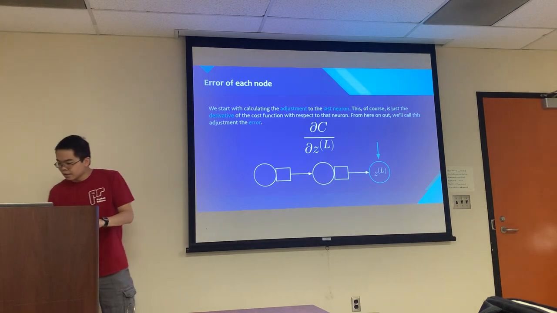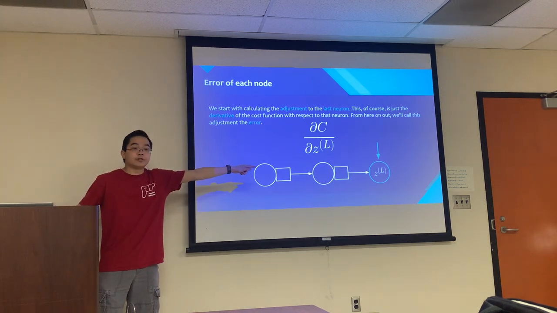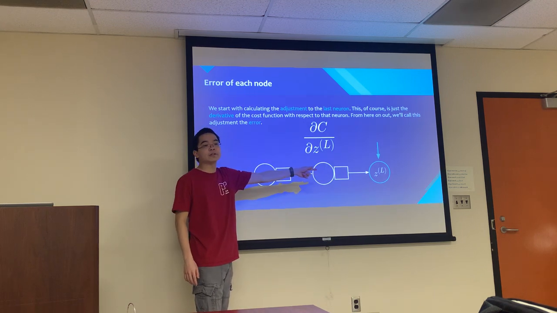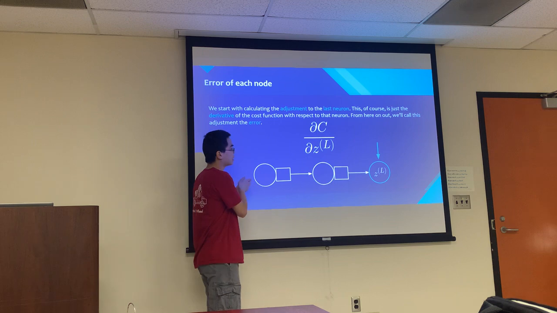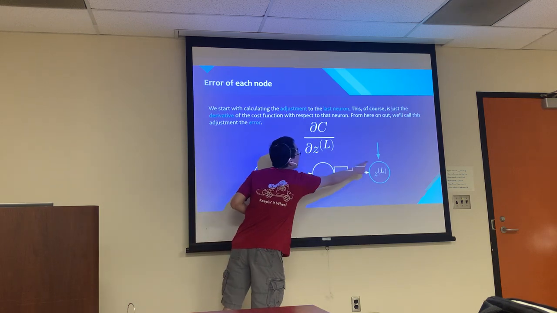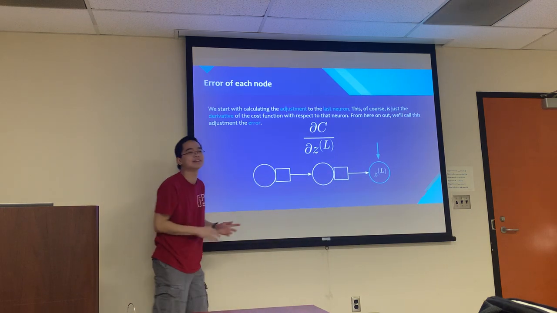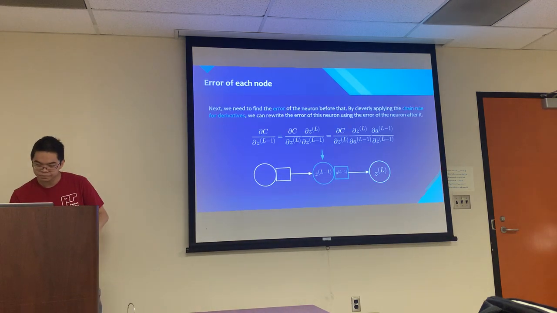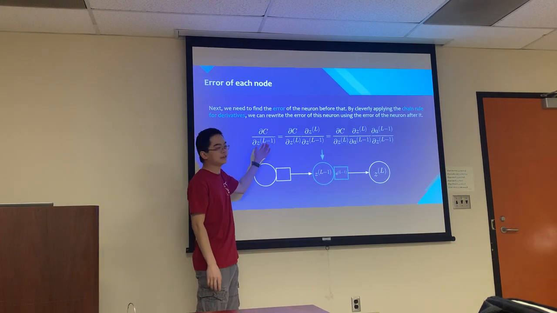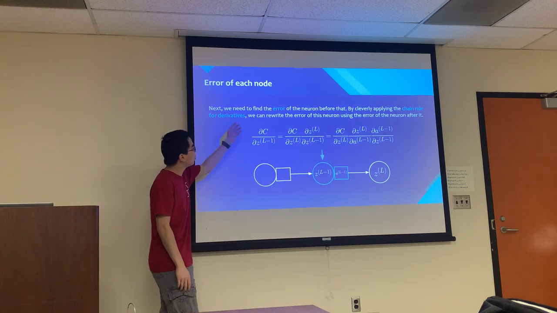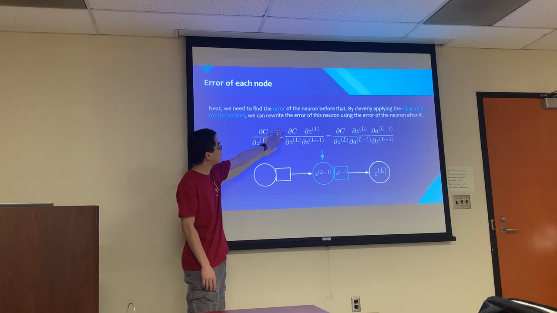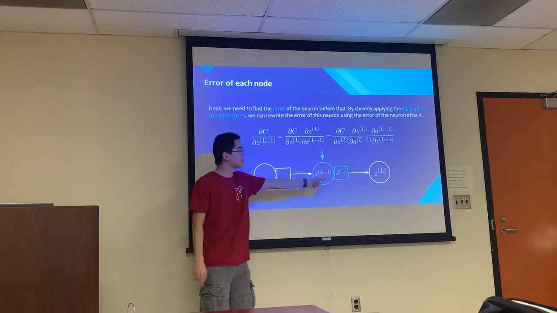So here we're talking about the very last neuron. If you remember, we want to propagate backwards from this one. This one is often called the upstream neuron. If you think of downstream as this way, then upstream is here. Also, I forgot to mention that we can just call the cost function error, basically. So we want to find how the error changes when we change every neuron, not just the very last neuron.